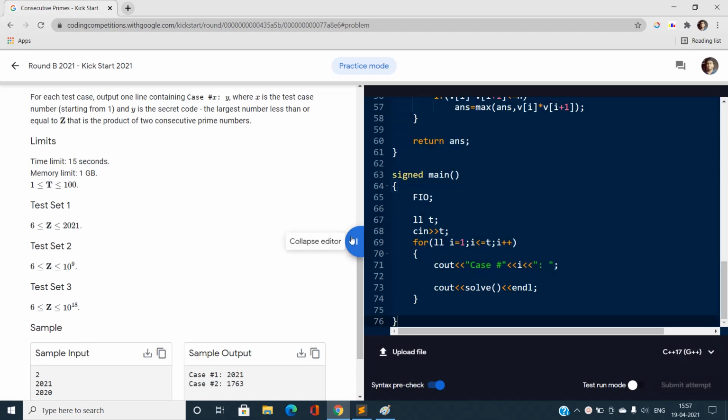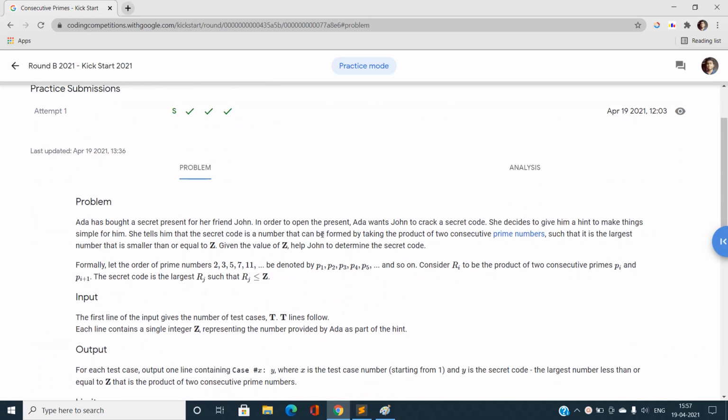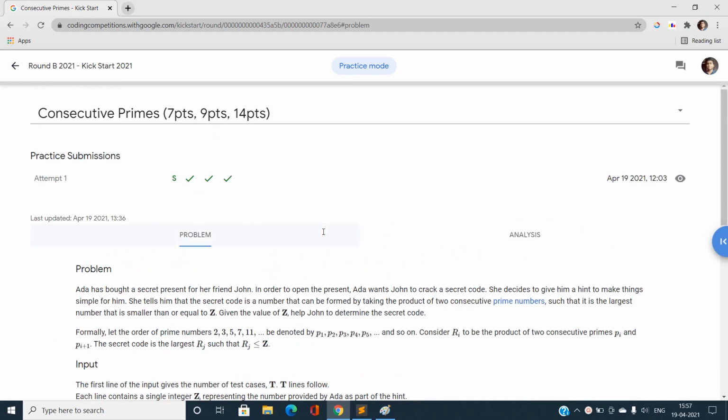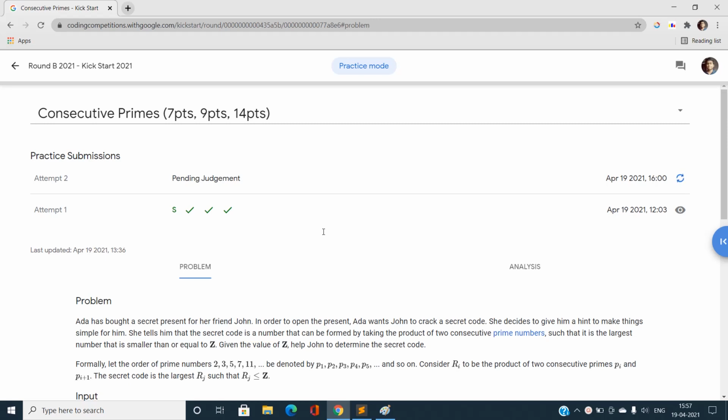This is going to be a much easier problem in the entire problem set that I have found. We just need to figure out that we need to wander around this root Z value, because root Z into root Z gives us the exact value Z, and I need the at most product to be Z. So I configured a constant C equals 1000, took the values around root Z minus 1000 and root Z plus 1000, and found all the prime numbers in O of square root time.